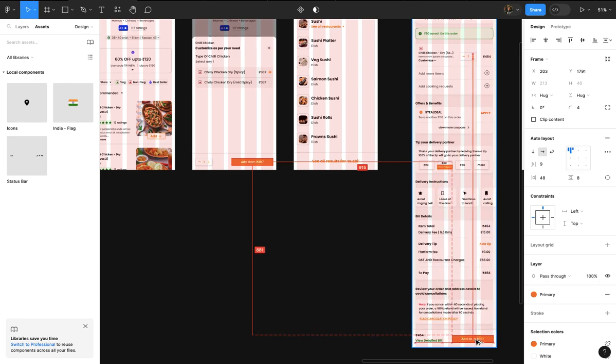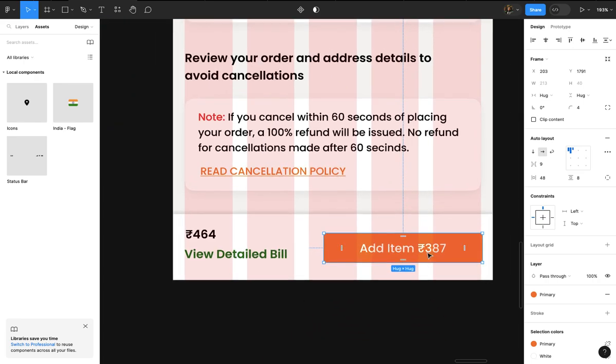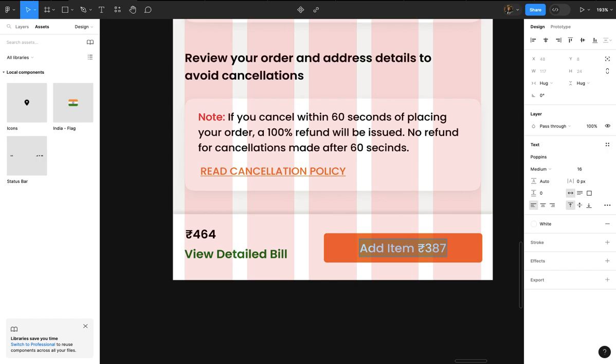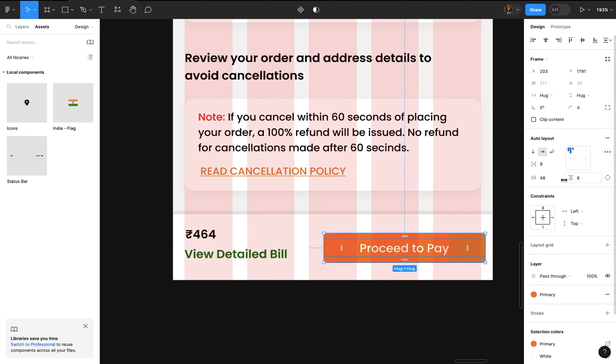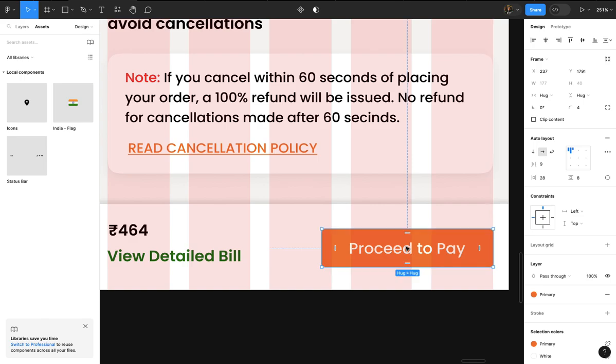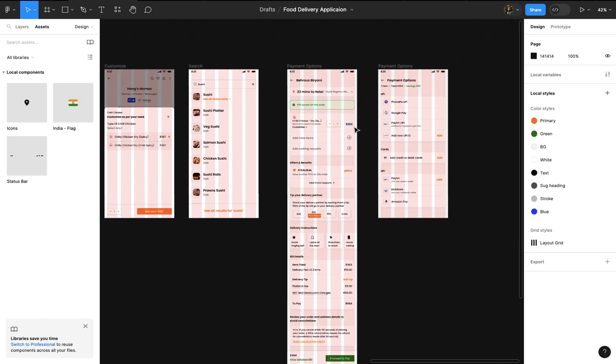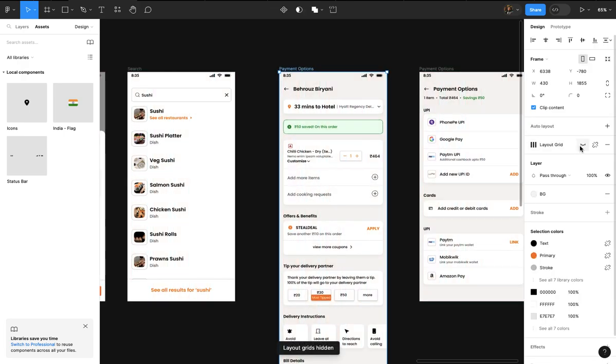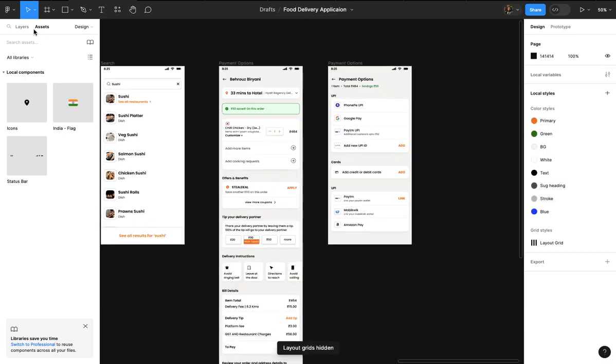Let's use this button that we have created here. Duplicate using Option and tap. Proceed to pay. And change this to green. Great. Now we can remove our layout grid and